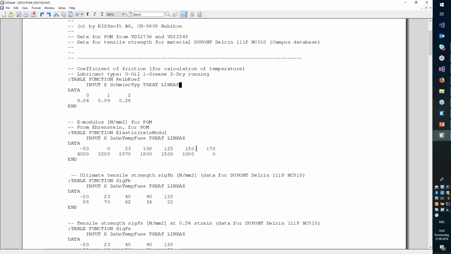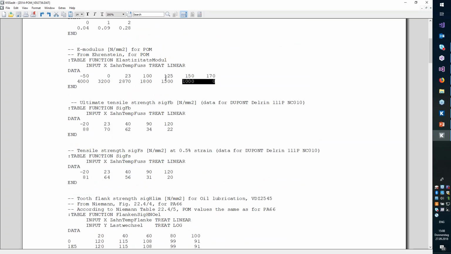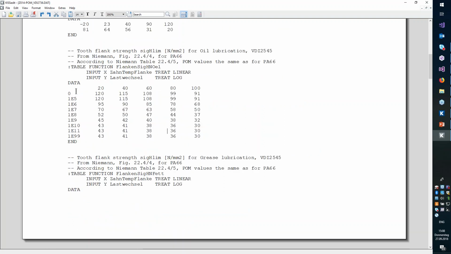Basically, this is just a text table that can be modified by the users, and it contains the following information. We have the coefficient of friction for oil, grease, and dry running. We have E modulus versus temperature. We have ultimate tensile strength versus temperature and yield tensile strength versus temperature. And then we have